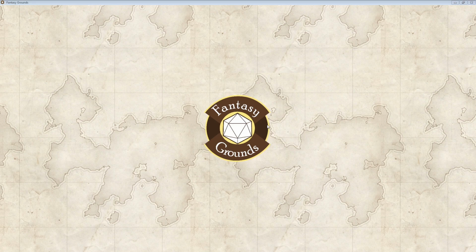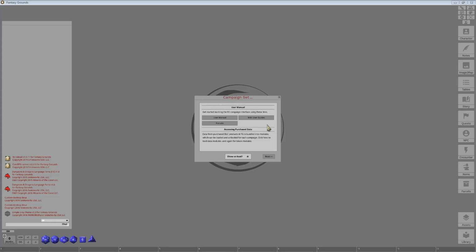And this will go through the process of creating the folder structure where all of the campaign data will be stored. Things like your characters that are going to be connected, chat log histories, the state of your campaign as you progress through it. And then as you can see here, it has gone through and set up a very basic